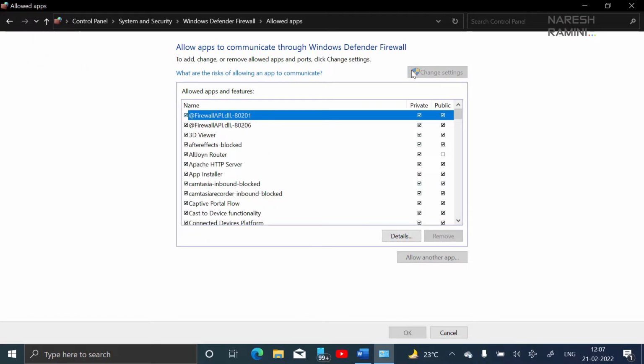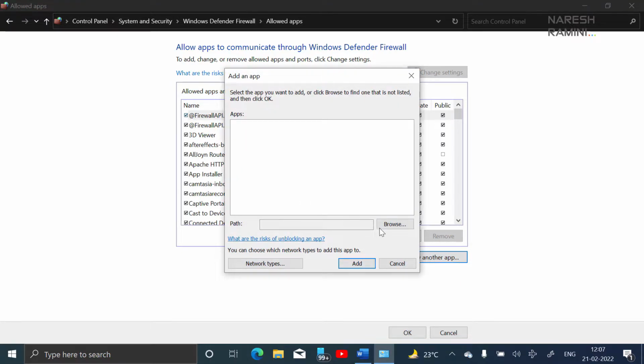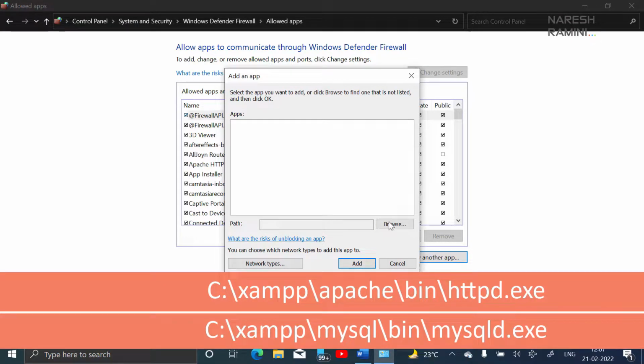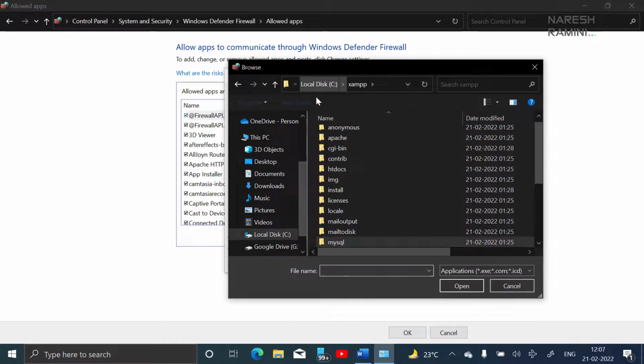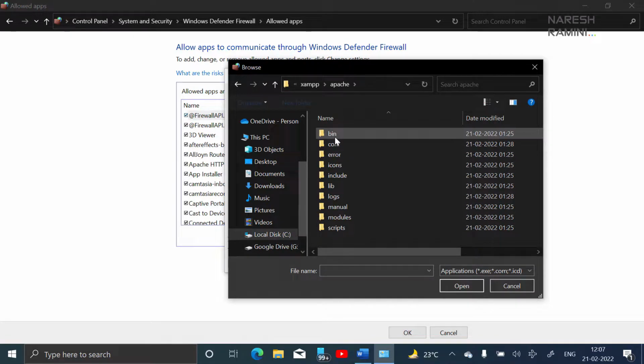Now click on change settings. Click on allow another app. Now first let's add the first .exe file. You can see the paths on the screen. First let's visit the first .exe file. So click on browse, click on XAMPP, then click on Apache, then click on bin,